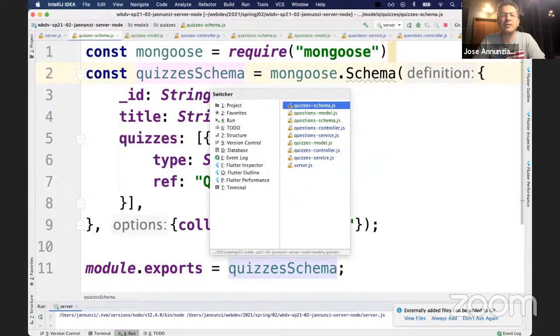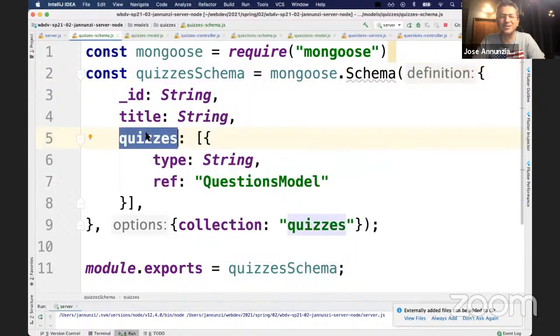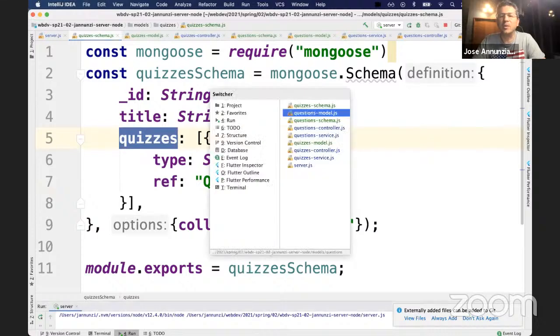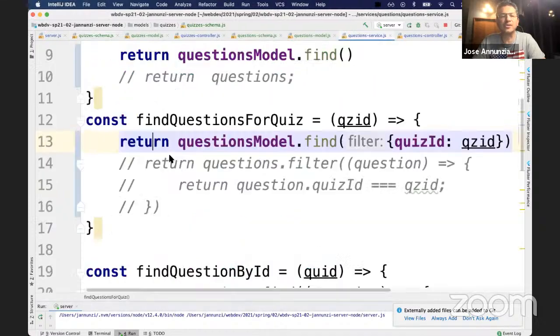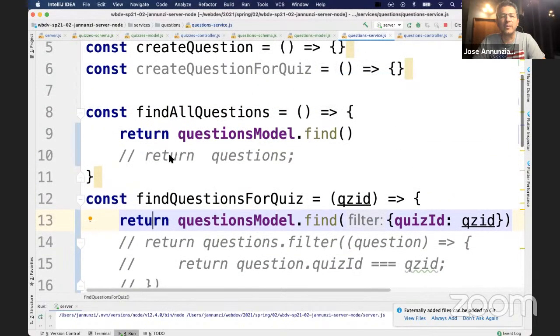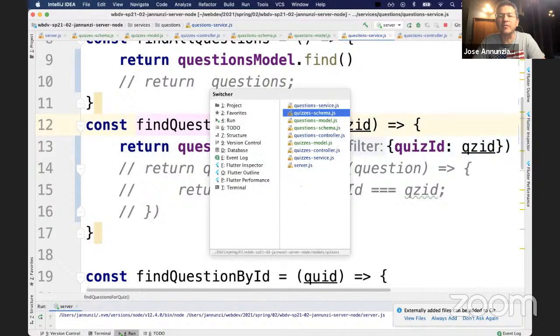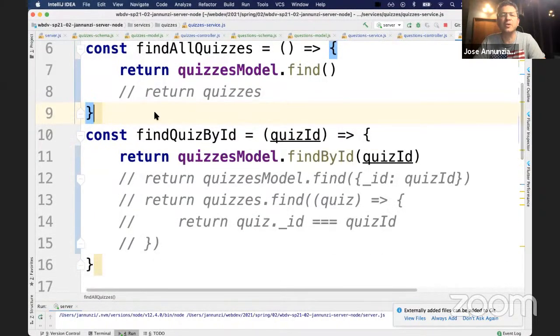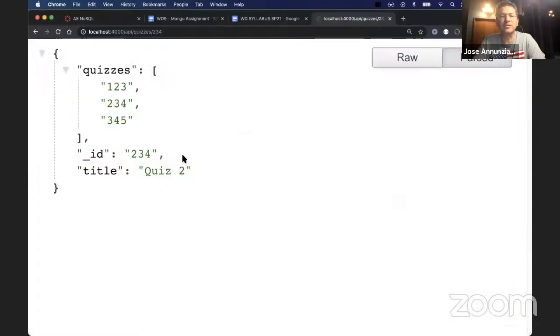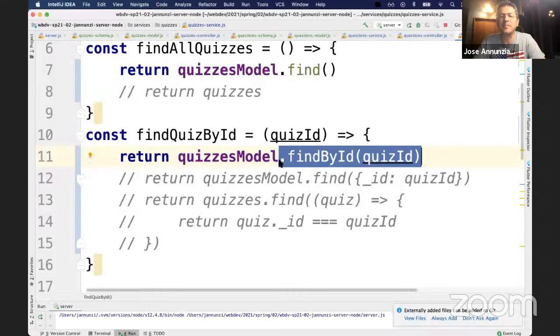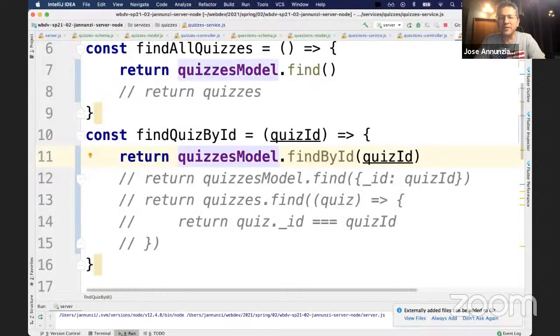I want this to be questions. In the service for the quizzes, where we retrieve a particular quiz, this one, find quiz by ID, we are retrieving the quiz by ID, which is giving us this. But we can go a little further. We can say